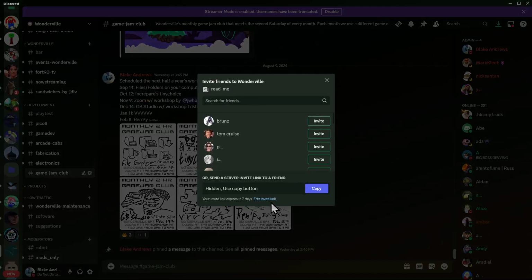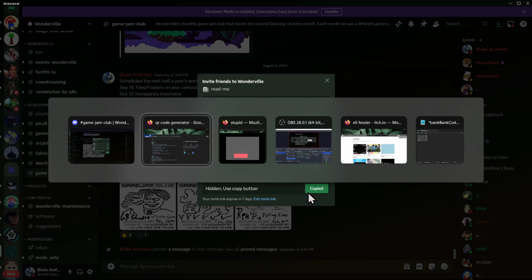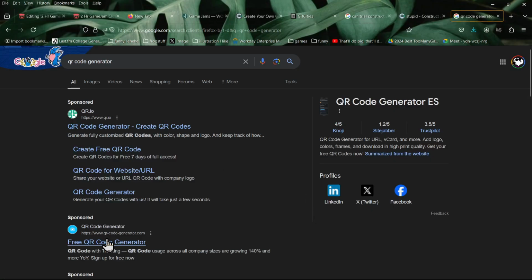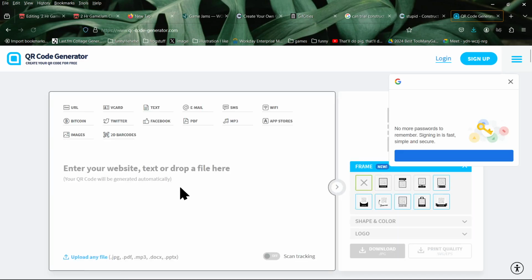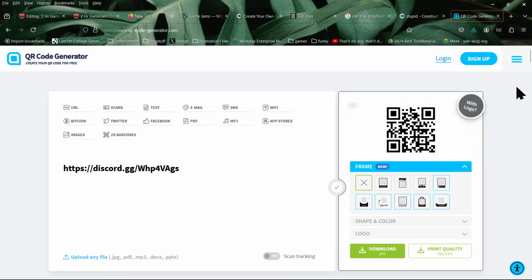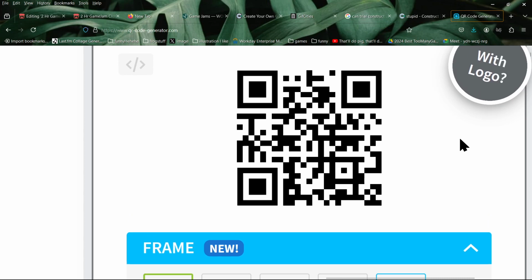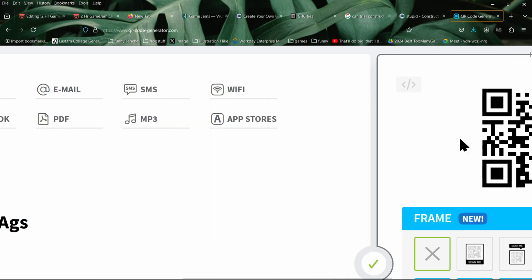Invite people. Okay. You got it. Or actually, just show me the link instead of the QR code.